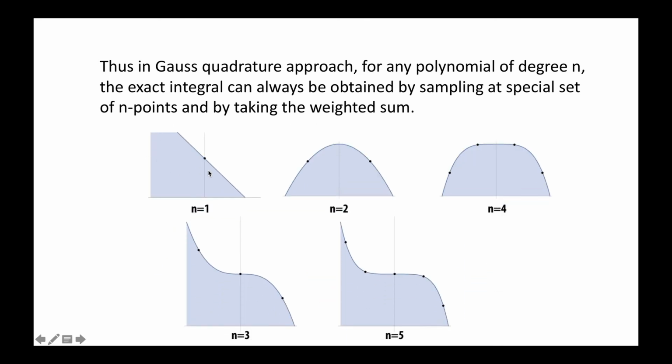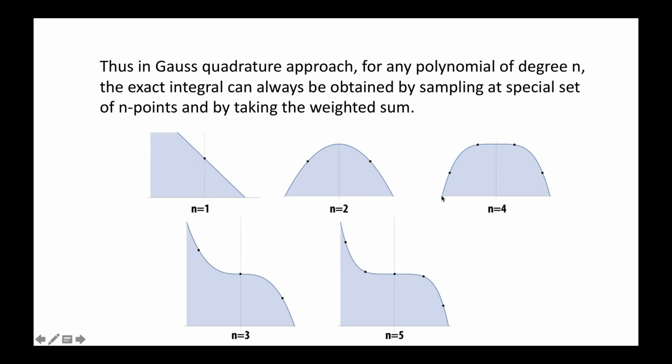I have shown the graphical representation of the Gauss formula for different values of n. So n equal to 1 is a single point at the origin, so the function has this kind of shape. For n equal to 2, there is a Gaussian shape. For n equal to 3, we have this kind of shape, 3 points. For n equal to 4, we have 4 points symmetrical with respect to the origin, and we consider this kind of shape in evaluating the integral. For n equal to 5, we have this kind of shape, and the area under the curve. So it means by taking these points, you are able to evaluate the value of the definite integral.